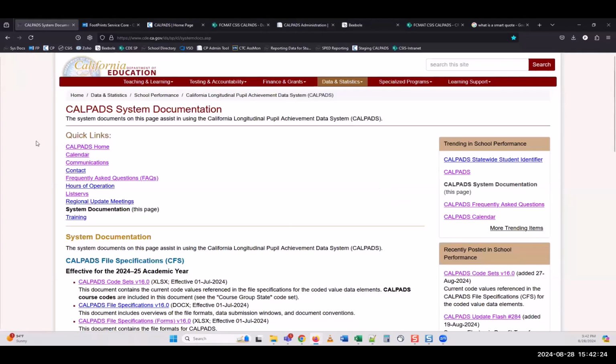And then at the local level, that's a local decision. I worked at different LEAs where they had different policies. I think she's saying the regular apostrophe is giving her grief locally, so she's wanting to use that other one. Ethan added he gets errors on invalid characters, or at least SSID matching on accented characters. So sometimes it's better, like he's saying, to leave them off. You can get the name in, get the SSID, and then you can always edit after the fact and see if CALPADS accepts it.